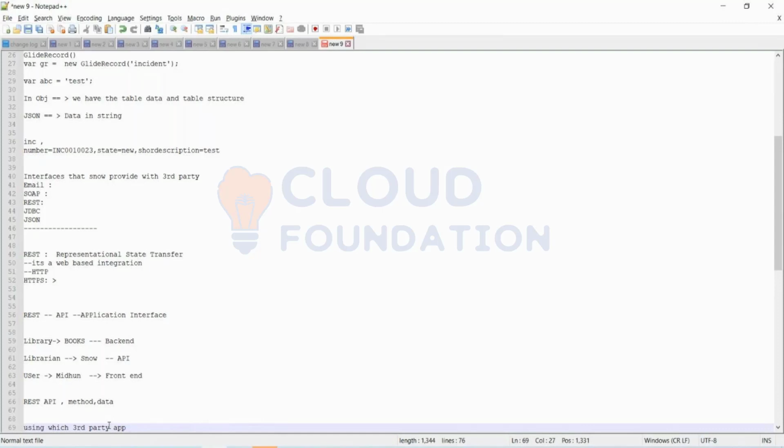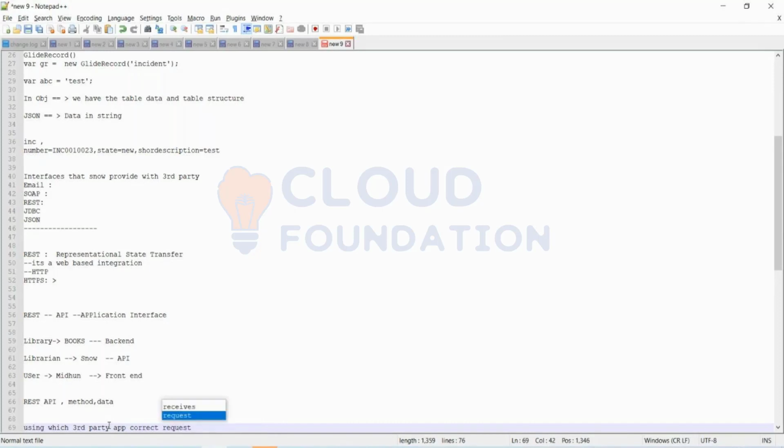It will send the request. Using this, it can make correct requests and receive correct responses.